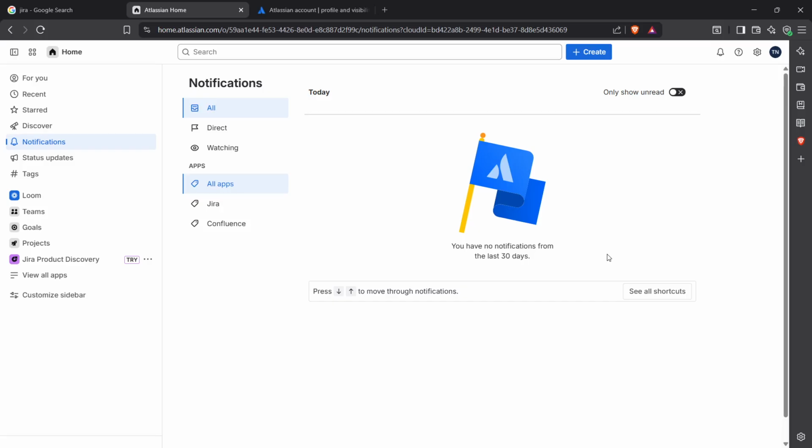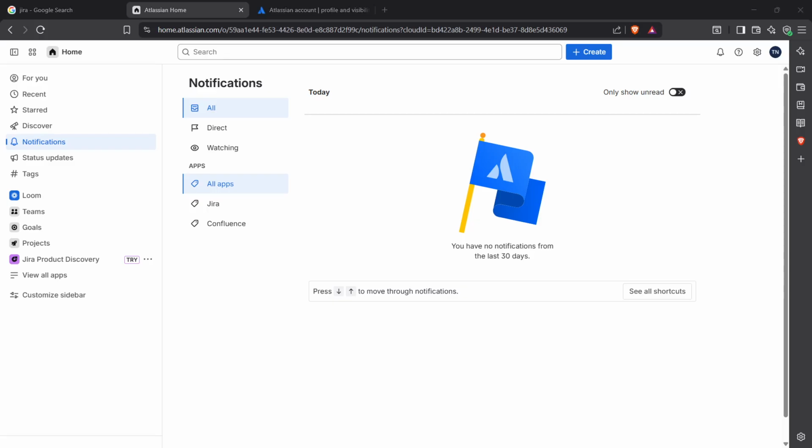At this point, you've successfully turned off notifications in Jira, tailoring your experience to be free of distractions. This adjustment is a small step, but it can make a significant difference in how you manage your tasks and projects. With that ready, you're all set to experience a more streamlined workflow. Remember, the ability to customize notifications is there to help you focus on what truly matters. By reducing unnecessary noise, you can spend more time on tasks that require your attention.